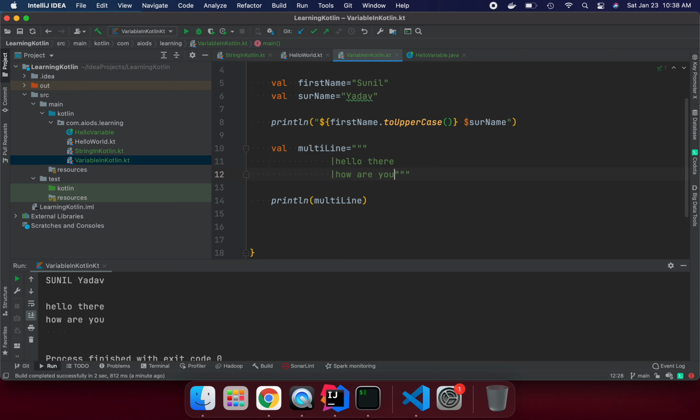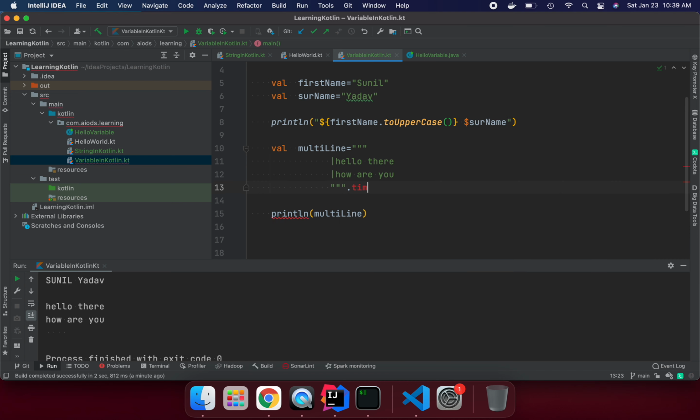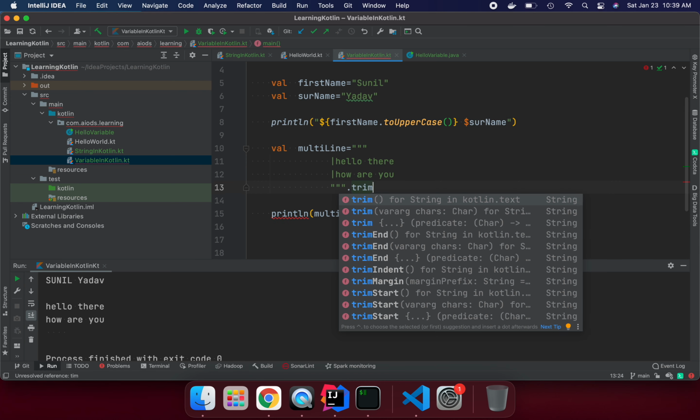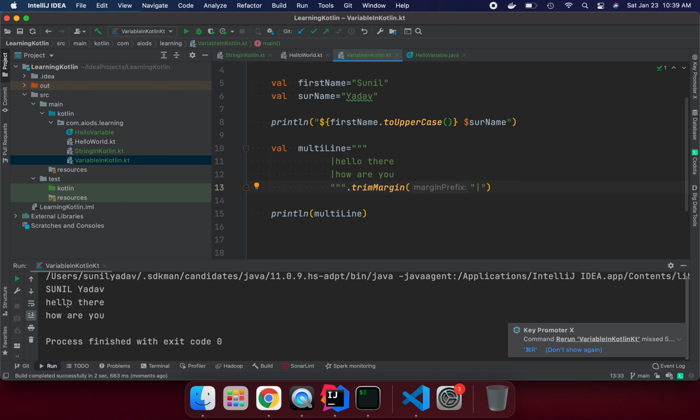And I need to use the function actually, trimMargin. I need to give the operator name, the one I defined above. So if we run it, it's giving us the same result. So if you want to put margins, these margins are not going to count before printing, so we escape them through trimMargin and this pipeline.